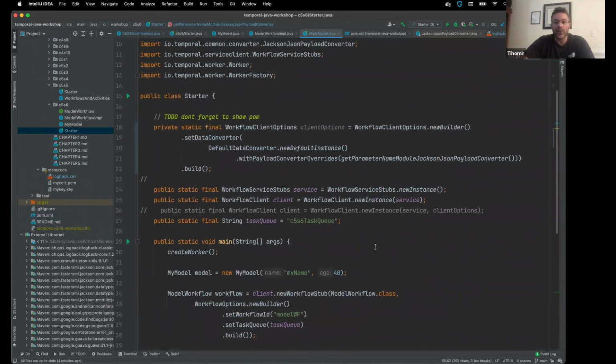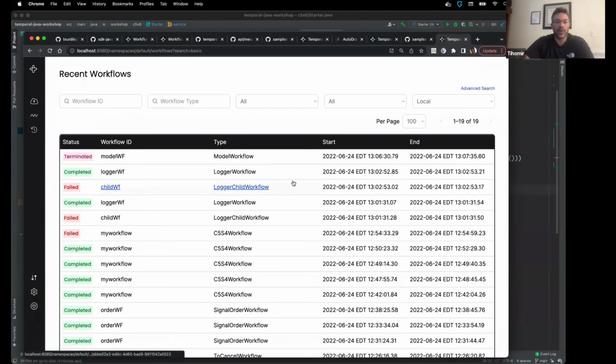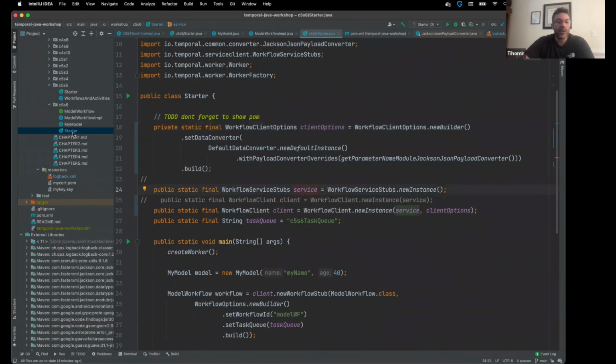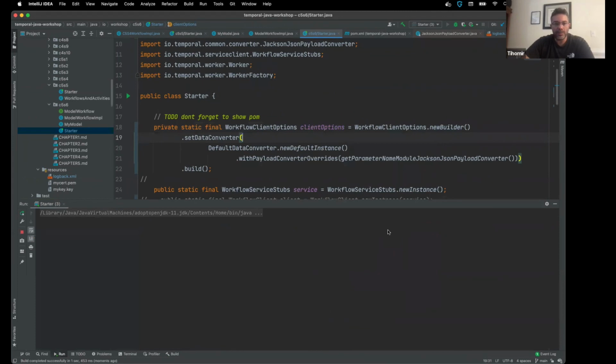Then when we create our client, we pass our client options to this client, which will apply our payload converter override. Now I make sure that the previous one is terminated. All right, now if I run the starter,